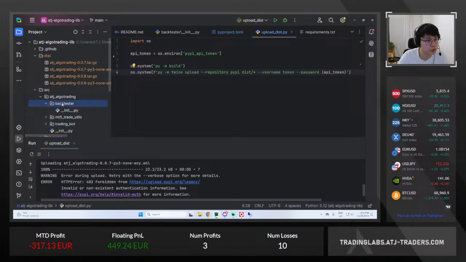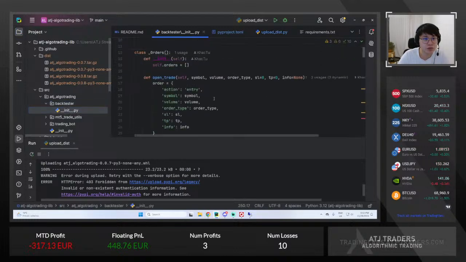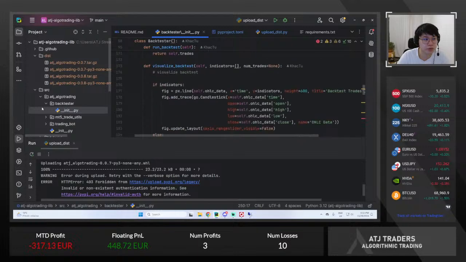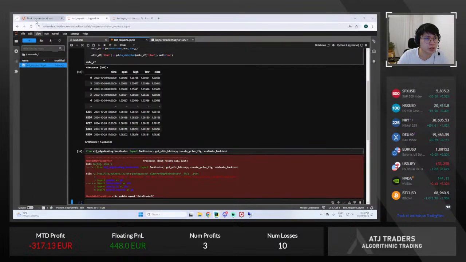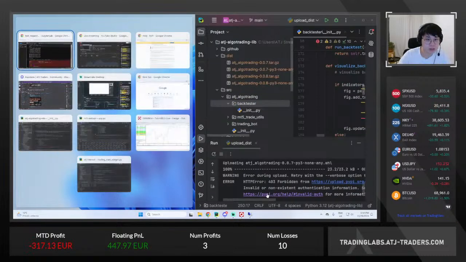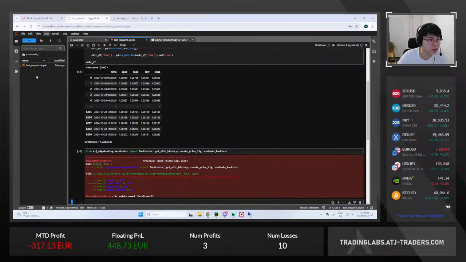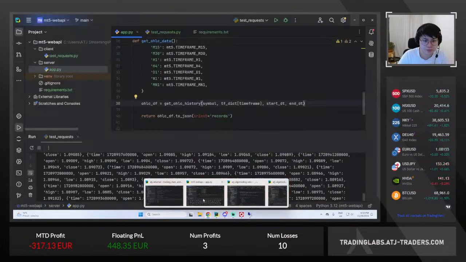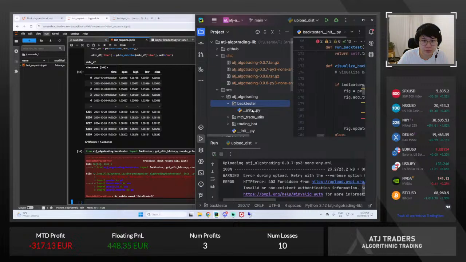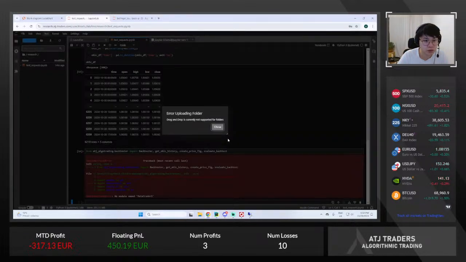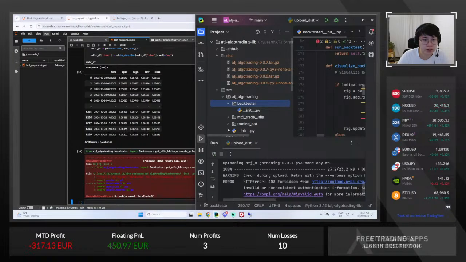I'm going to import the backtester class, the new one that we've made here, and as you know, we removed this. So for now I'm just going to go to this place here. I'm going to add the backtester class to this project. So now if we go to Algo lib, I'm going to copy this backtester class, hopefully that could work. Or let me try like this. Drag and drop is currently not supported for folders, so in that case I will need to